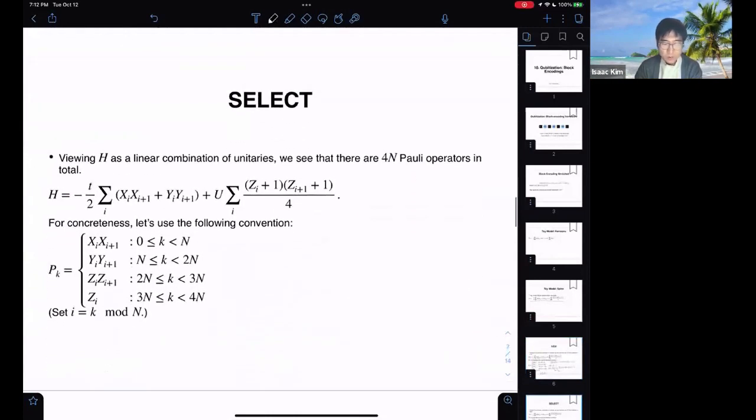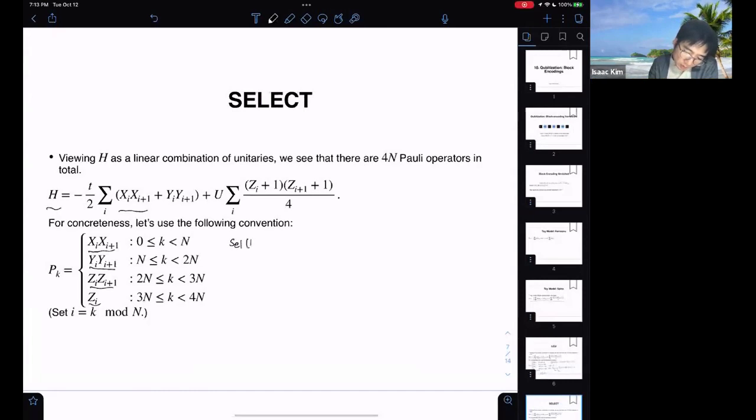And once you realize that H is a linear combination of unitaries, you can actually use the framework of select and prepare. So in the select operation, at least in the context of qubitization, what you do is look at the Hamiltonian and just write down all the terms in the Hamiltonian in a normalized way. So you just decompose the Hamiltonian into a linear combination of unitaries. And we see that there are a total of 4n Pauli operators. And the select operation,